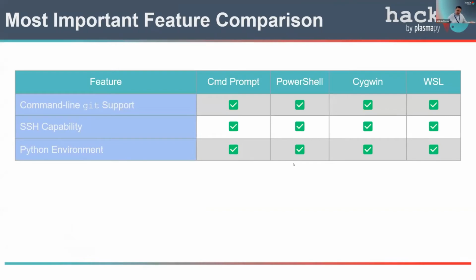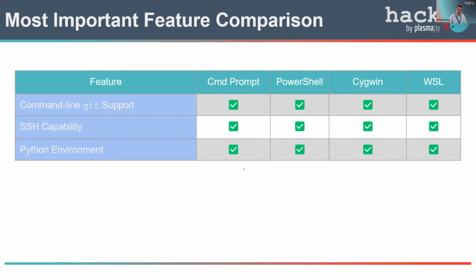So the most important feature for us is these sets, and all of the shells have this capability. So you have command line Git support. All of them have it. Secure shell capability. All of them have it. And Python environment, all of them have it. Now you have to install it. Actually, to be honest, you have to install it on all of them. But we've already talked about how to do Python. We will talk about how to do Git and other environments, but